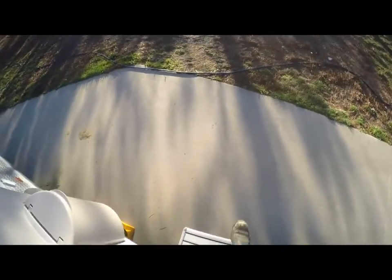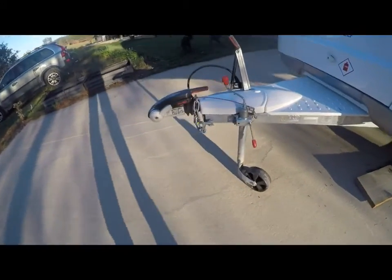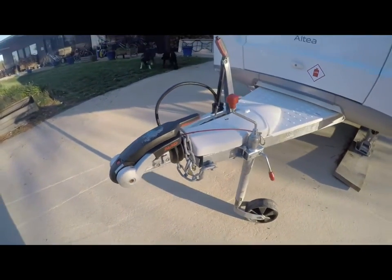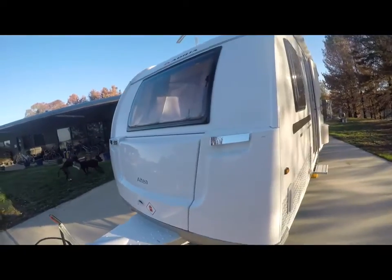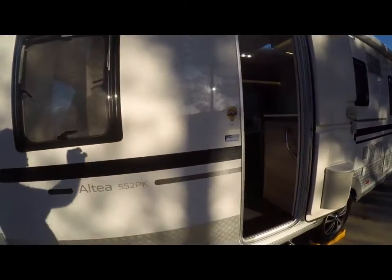Just another quick look outside. So it came standard with the Alcoa hitch. Lots of windows,